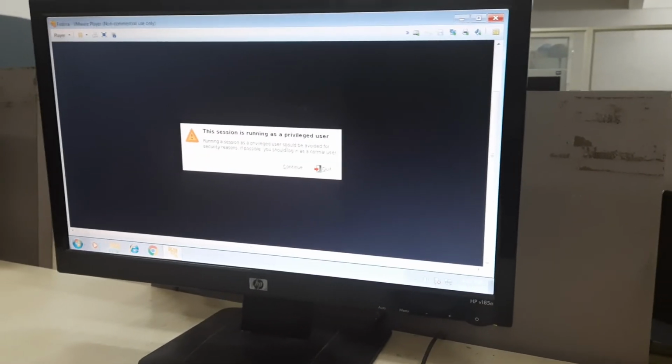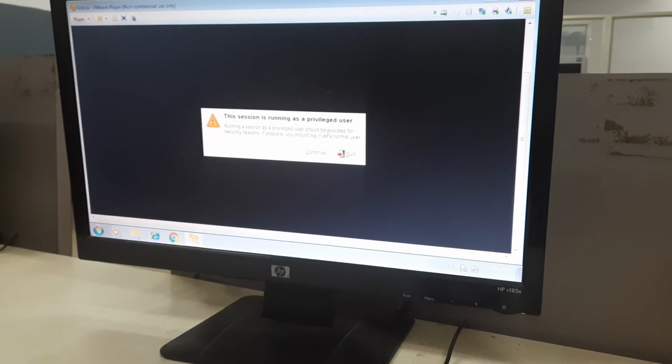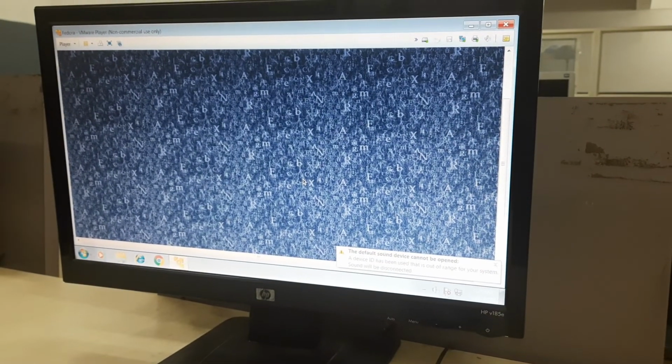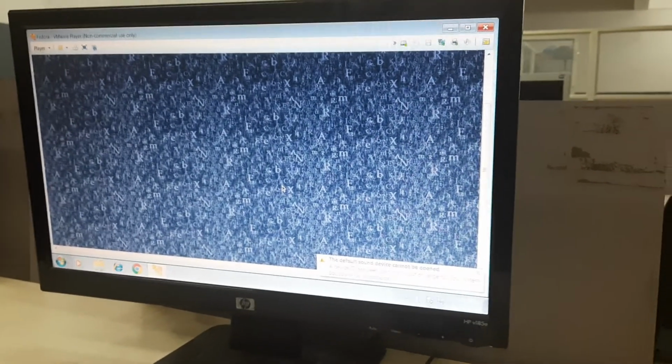Once this is done, we will be pressing the continue button here. Once that continue is pressed, you will be taken to the VMware, that is Fedora OS.